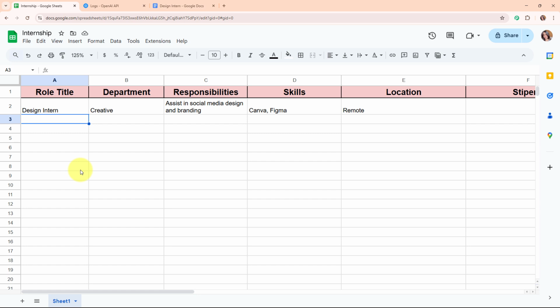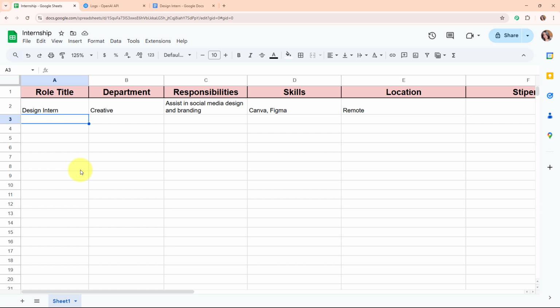Writing these descriptions from scratch every time takes a lot of effort and can be repetitive. By using an AI agent to generate internship job descriptions, I can save time and make the process much easier. I just need to provide a few details about the role and the AI gives me a complete, well-written job description in seconds. This helps me post openings faster and attract the right candidates without spending hours writing content.